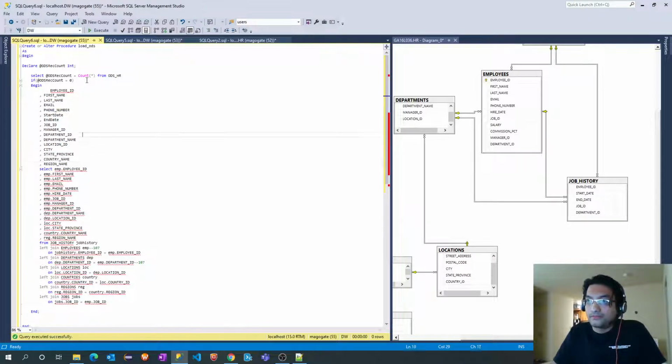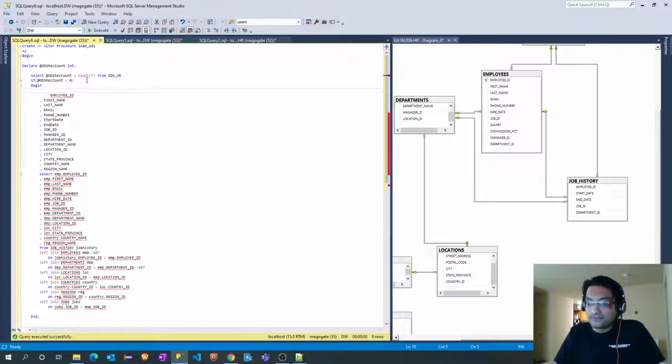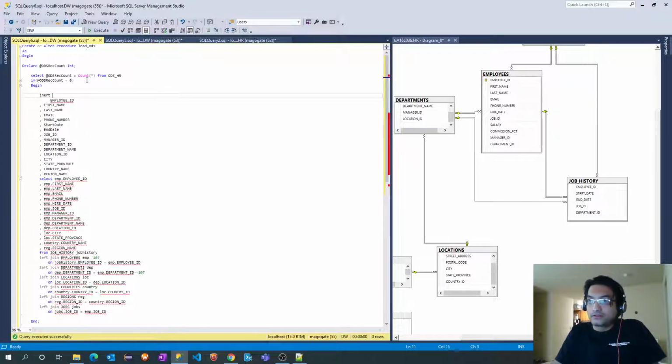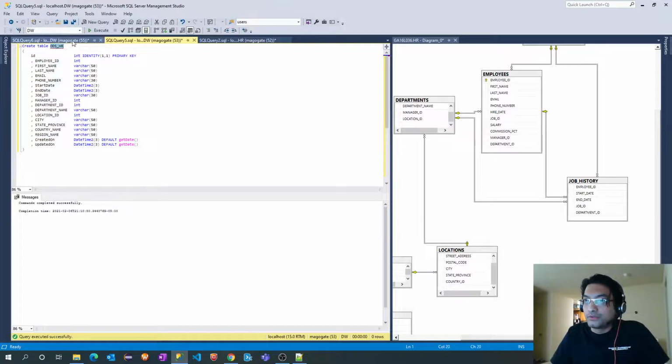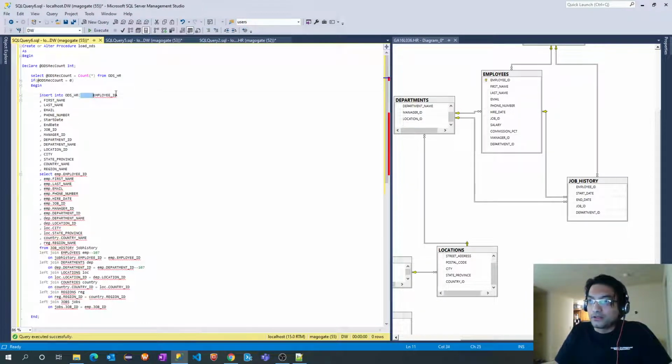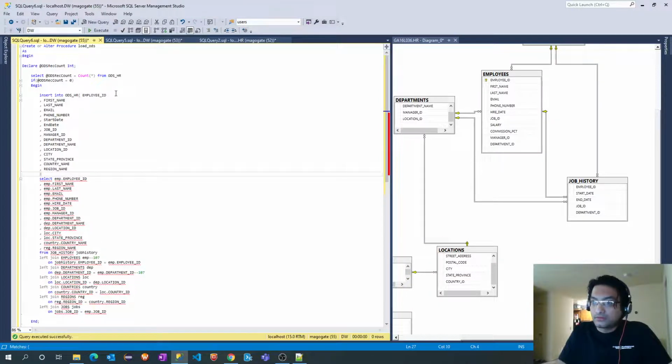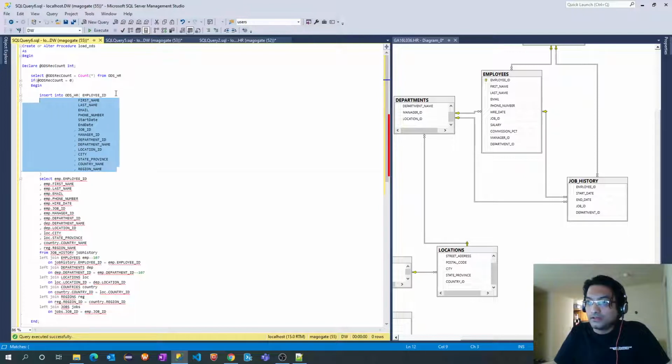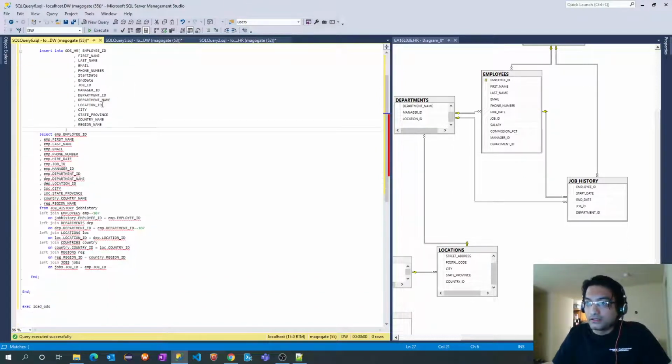Insert into ODS HR. These are the columns. Let me indent it.